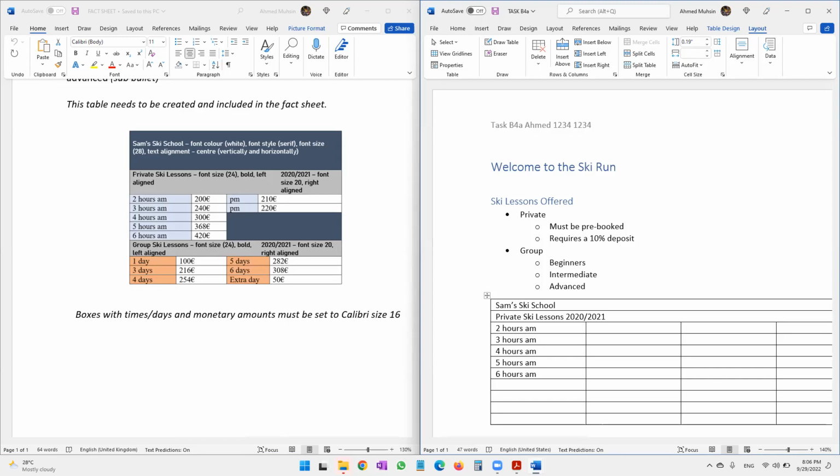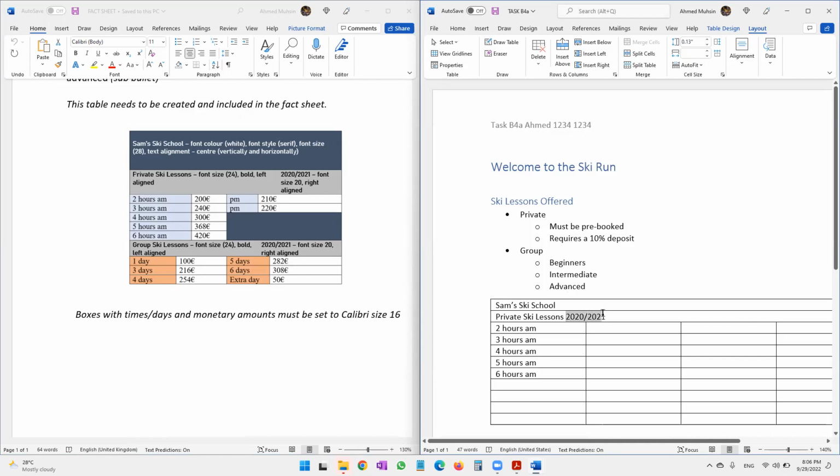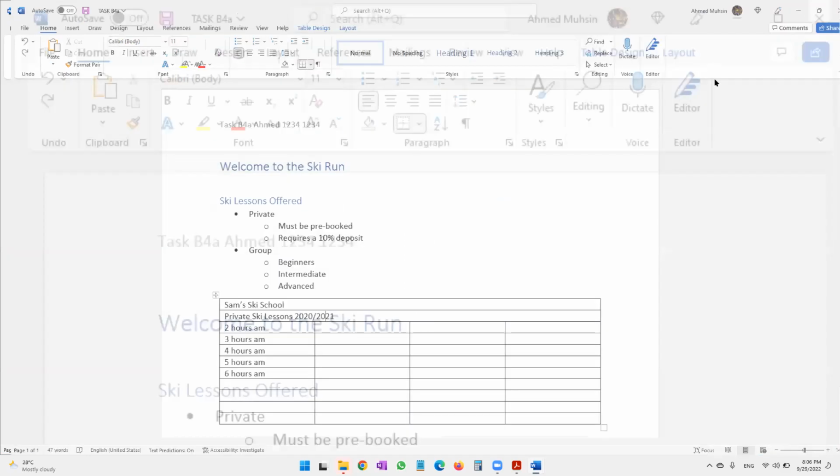Then we also have to say group. So this is also once again going to be this 2020, 2021. You see, if we are going to right align that, the whole thing gets right aligned. So I think what we need to do is